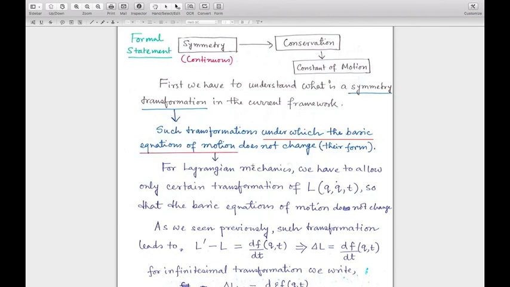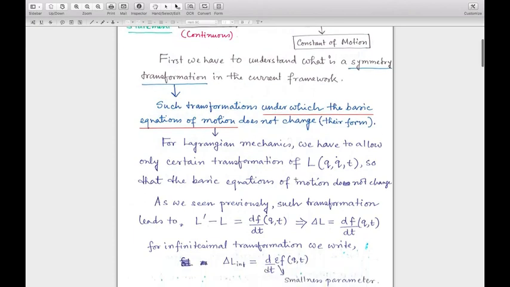Okay. In the framework of Lagrangian mechanics, we have to allow, therefore, only certain transformations of Lagrangians so that the basic equations of motion do not change. Okay. So basically we are propagating the symmetry property from the basic equations of motion to the Lagrangian, and now we are reconstituting the same statement of Noether's theorem by saying that if the Lagrangian of a system is invariant under a transformation, or